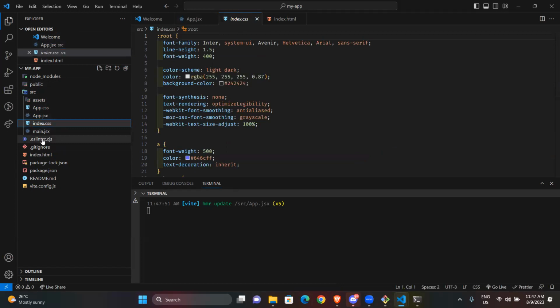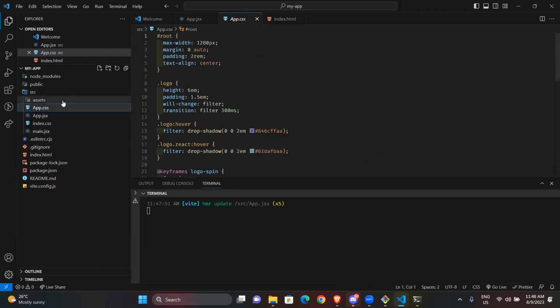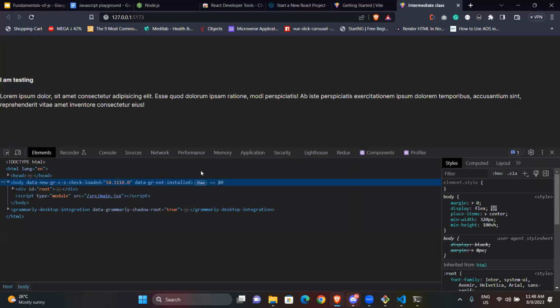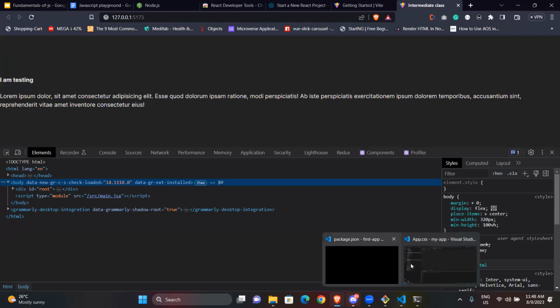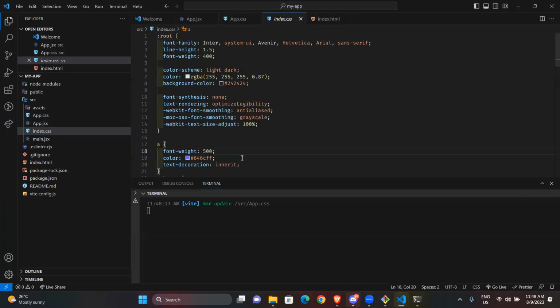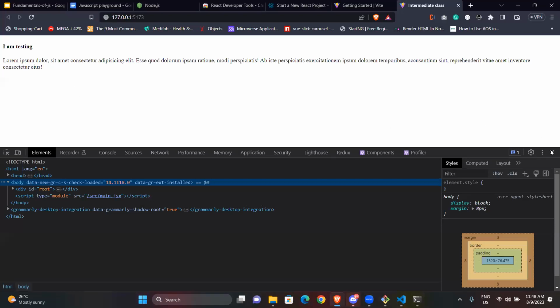So either I remove this completely, I could just delete this, and it's back to this. And index.css, which has a whole lot of this, I can just remove this, and then we have your white listing.